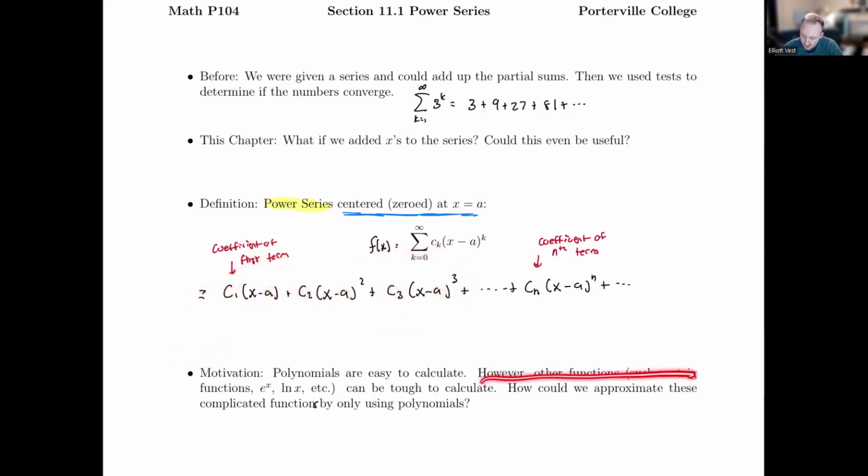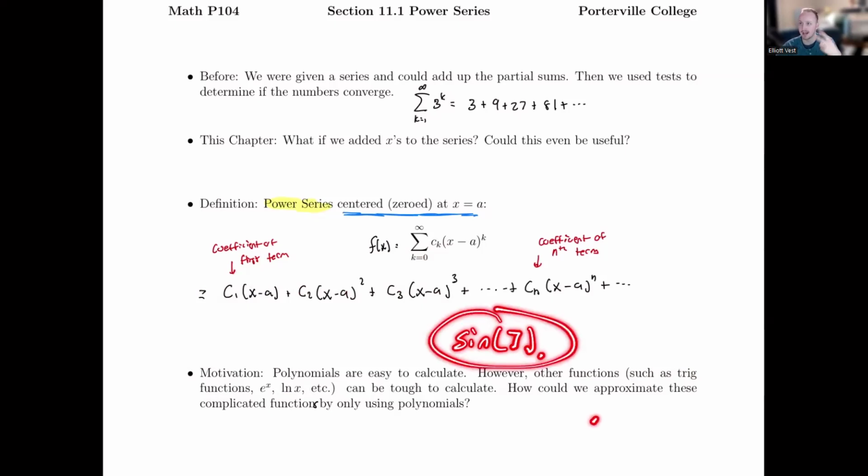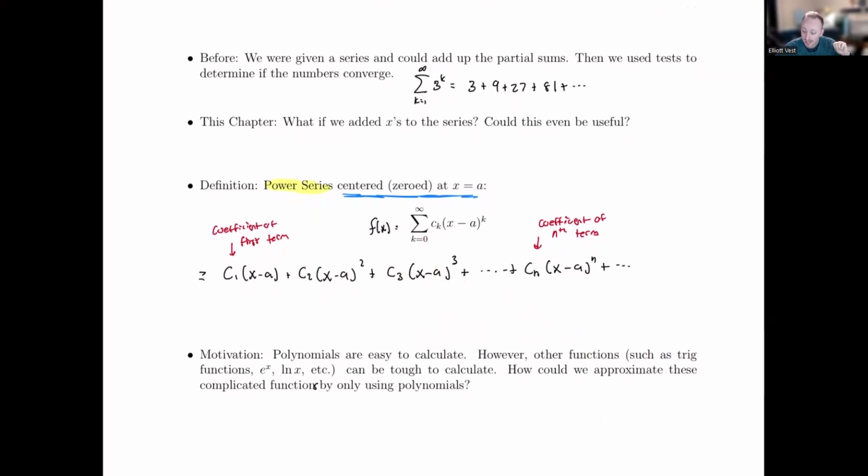Other functions, such as trig functions, exponential functions, log functions, inverse trig functions, hyperbolic trig functions, there's so many different types of functions out there, right? But if I look at even something we know, like sine, I say, okay, what's sine of 7? I'm kind of stuck already, right? I don't really know how to figure this out just by hand, just by multiplying, dividing, adding, and subtracting, right? But we can